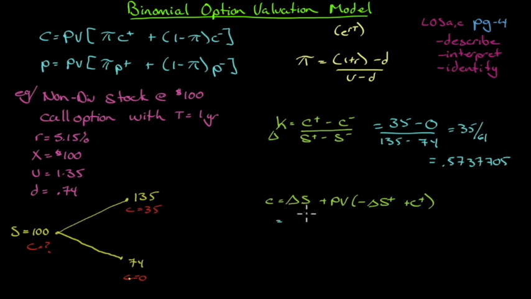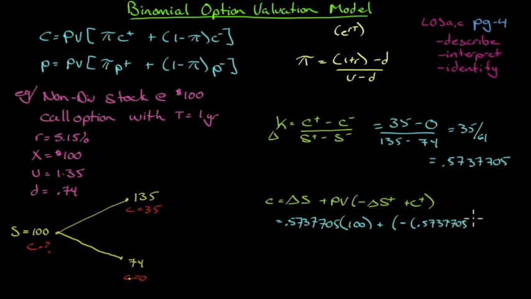The call equals delta times S. I've already figured out my delta, 0.5737705. My S is 100. Plus, it's the present value, so I'm going to divide by 1.0515. But what do I have on the top? Let's keep the negative signs in order, right? So we have a negative, and then our delta,